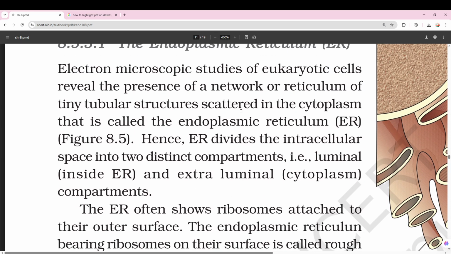Electron microscope studies of eukaryotic cells reveal the presence of a network